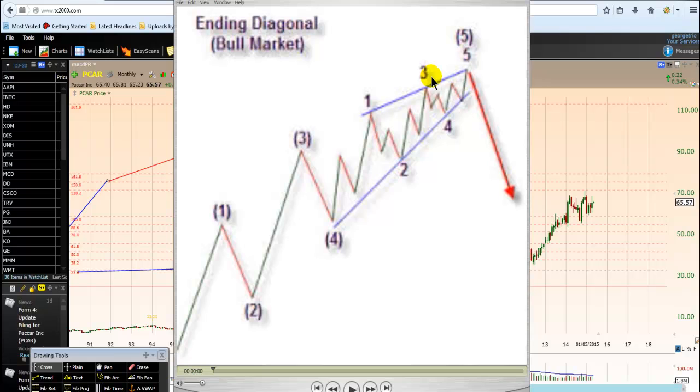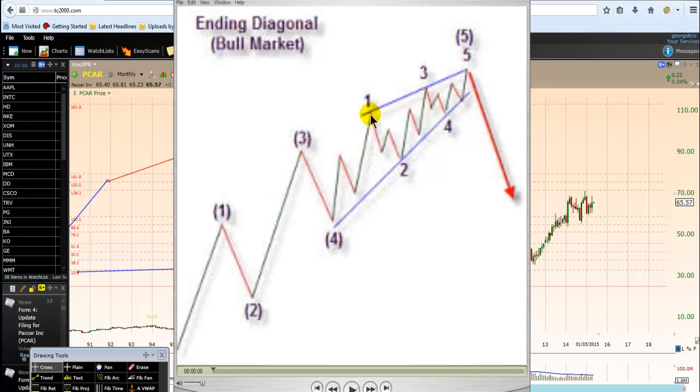So in fact, the ending diagonal is a distribution pattern because the price went too far and too fast. Too far is overbought. If it's truly overbought, now the confirmation is taking place. The indication, or the warning, is given to us by this ending diagonal. It's a warning pattern. All right. So because a distribution is taking place,